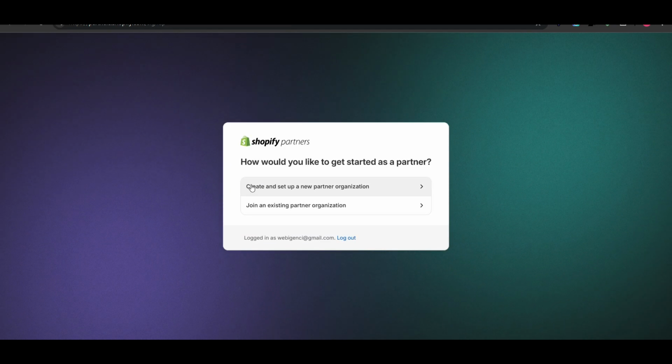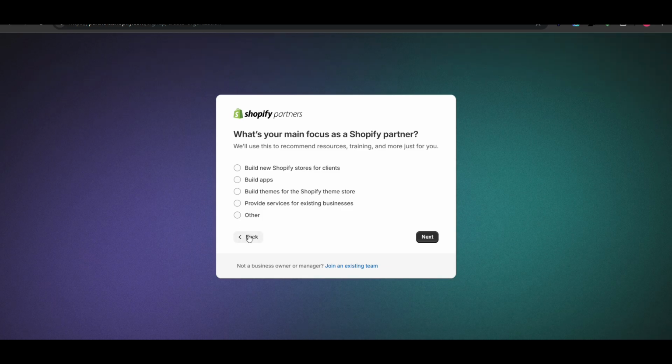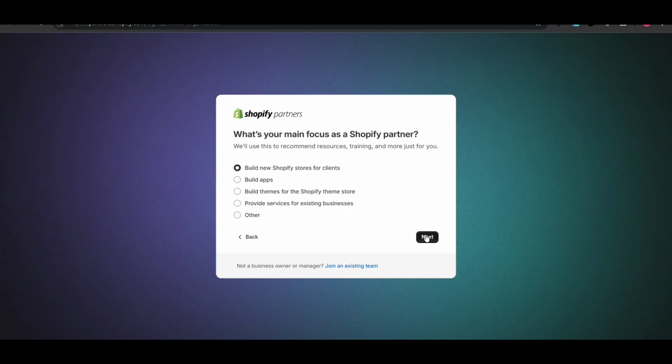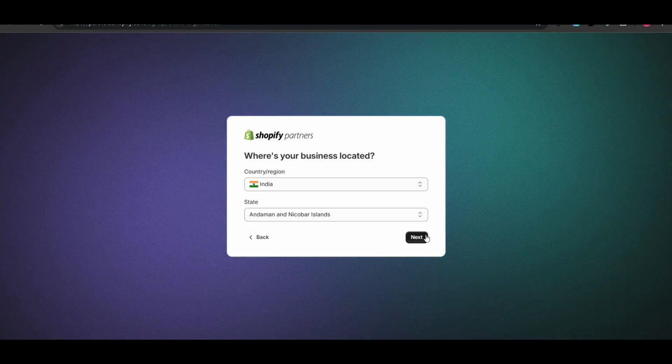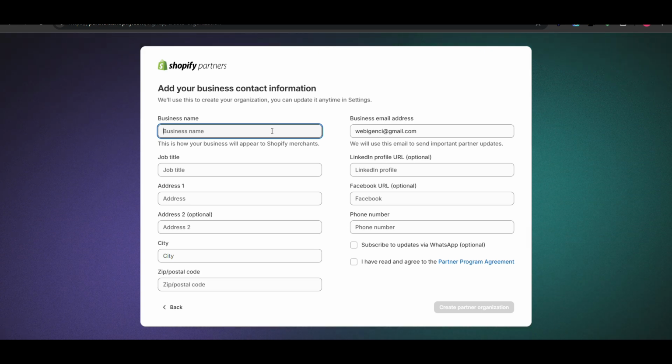Here, create and set up a new partner organization. Just click on it. Build a new store for Shopify for clients, build an app, build a theme, others. So you can use Shopify for practice. Just select it, or you can select other. Now fill in the details. Here in business title, business name, no need to worry, you can fill in anything as of now, there will be no issue. Okay, I will add testing